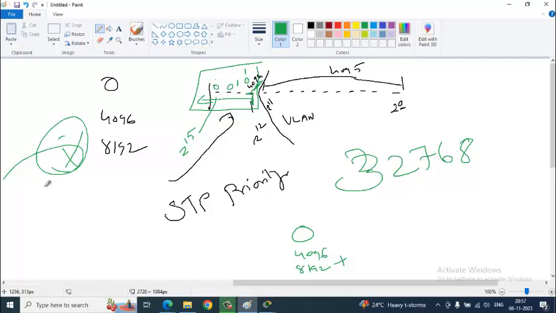When all the bits are 0, you get 0. When you have the minimum bit 1, you get 4096. And by default, 2 to the power of 15 is on and all the rest are 0. That's why you get 32768 by default. Clear, no? The reason why priority increments by 4096. Okay, so we'll